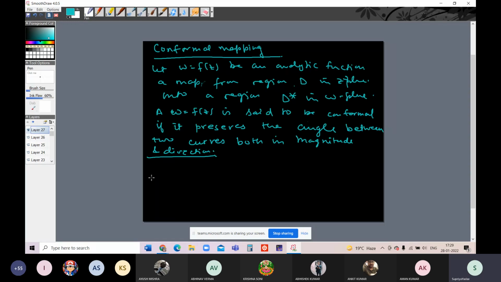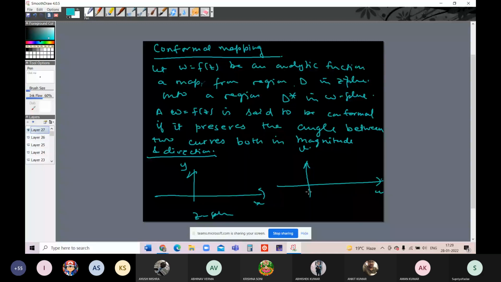For suppose we have a z plane, this is x-axis and this axis is y-axis, and this is the w plane with u and v axes. Okay, so this is the axis, and for suppose that there is a point z naught,